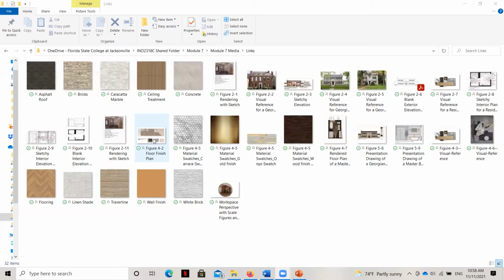So that's what you have to do when you gather files to place in your portfolio. You look at your storyboard, you figure out all the drawings and images that you need to include or that you think you're going to include, and then you copy and paste all of them into this single folder so that they're ready to start to place into InDesign.